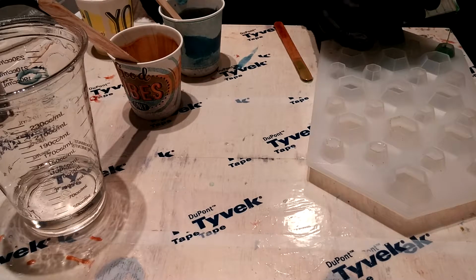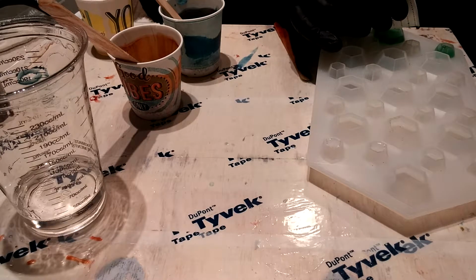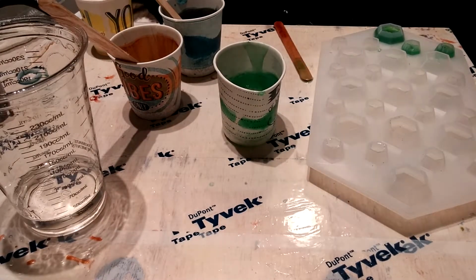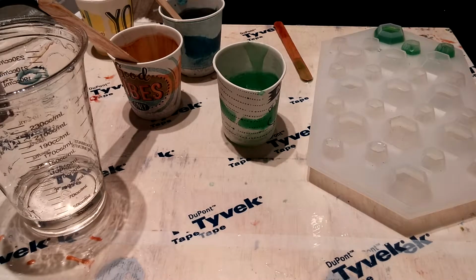Okay, there goes another one. Whoops, poured a little bit. That's okay. I hate wasting resin, but there goes another one. Sometimes it's kind of hard to stop. And so I'm going to go back to